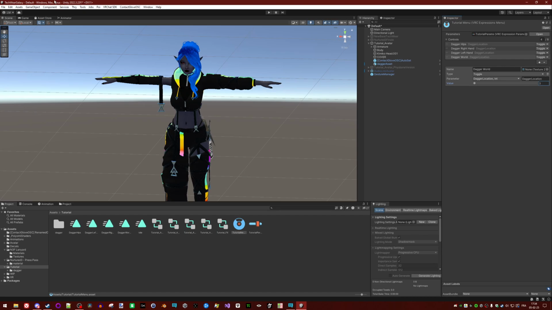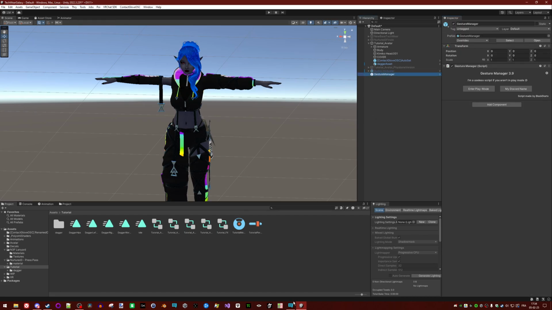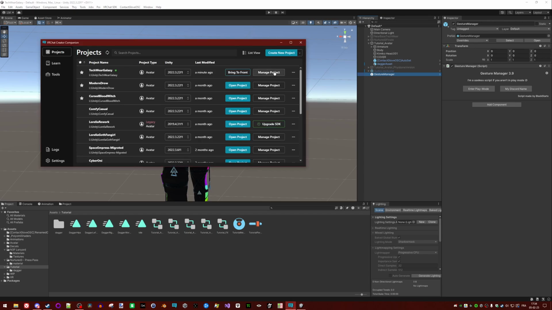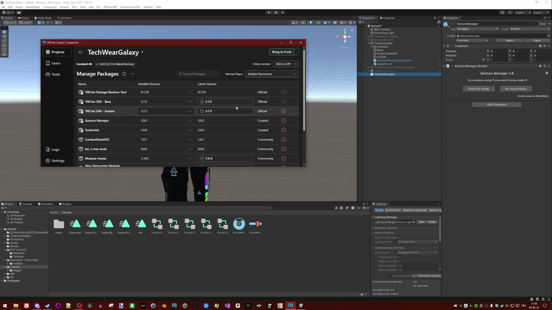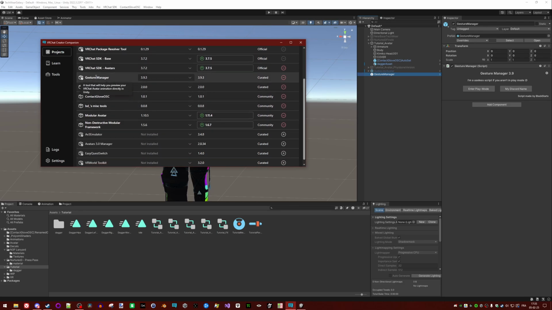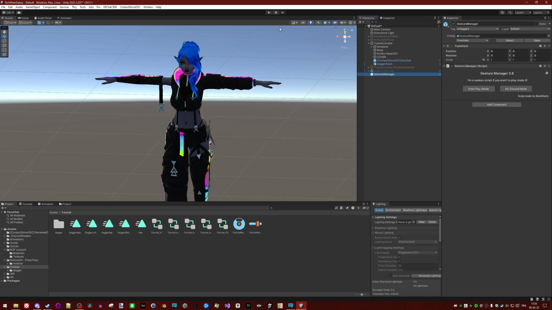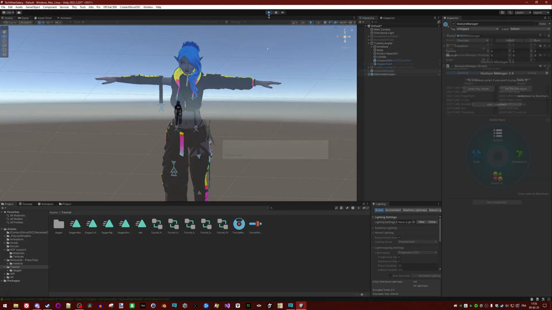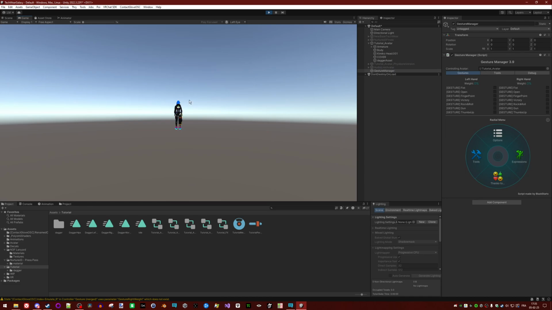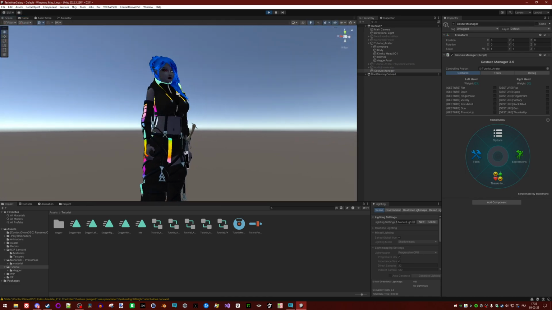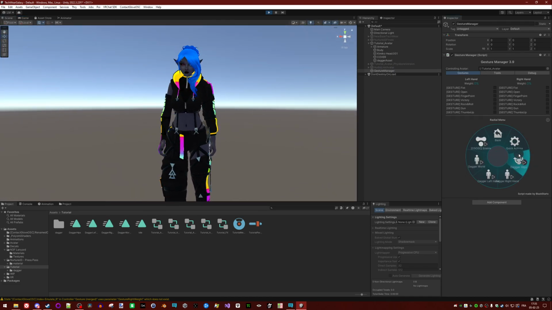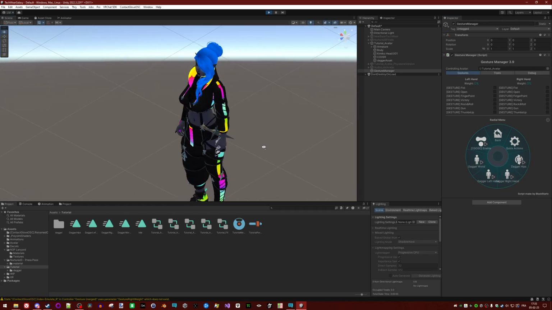And if you have the tool Gesture Manager installed, so when you're on the Creator Companion, you go on manage project and then you can add Gesture Manager to your project, and so you will have this, and if you press play, when you select it, your avatar will be in this default position and you have your menu, so you can see that the dagger moves where it's supposed to be.